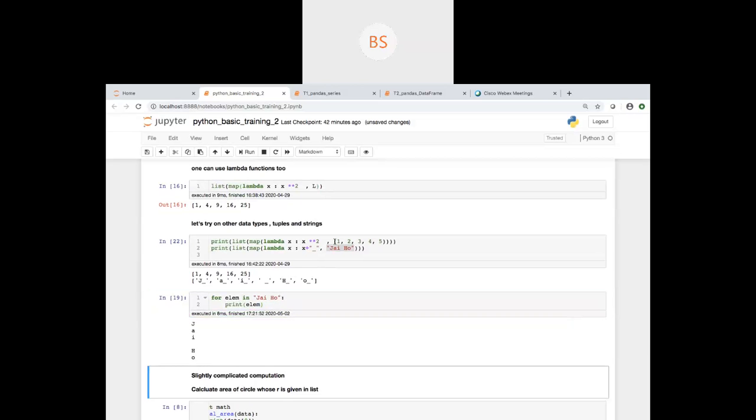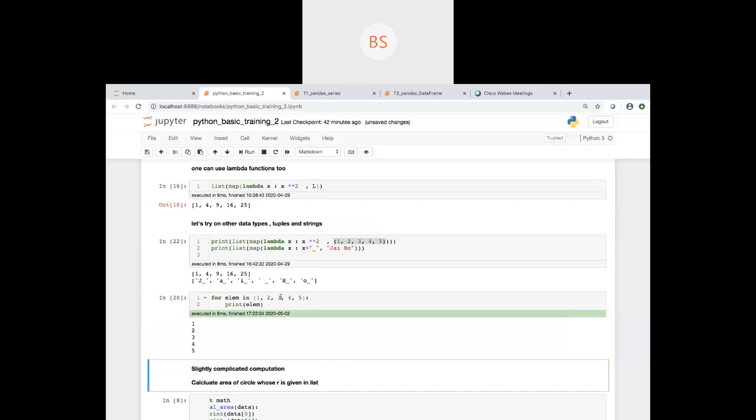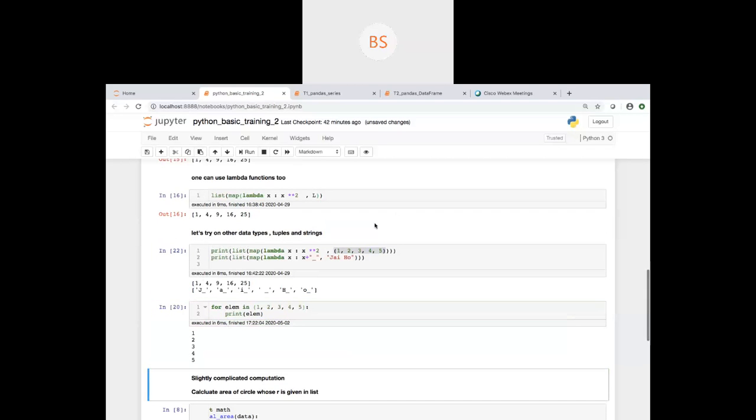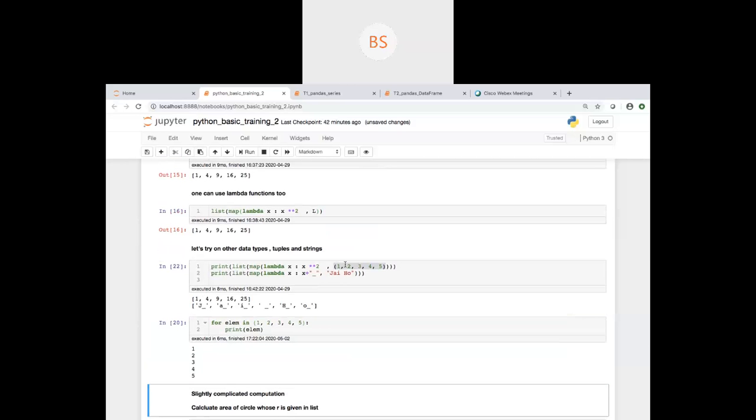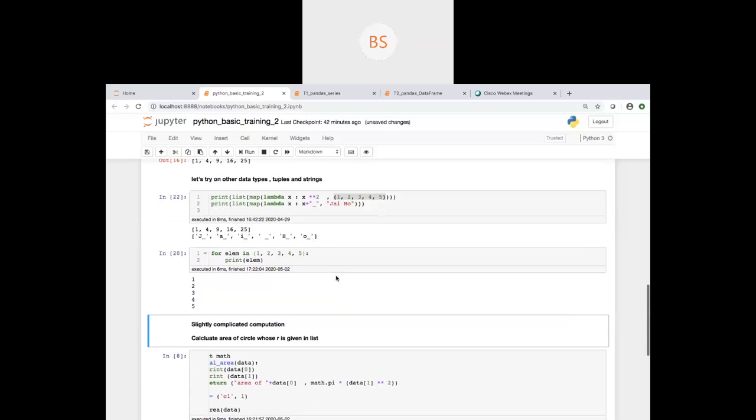You can iterate over this also, and definitely we can do it for a list also. So anything which you can iterate over, you can apply a function on each element, without any loop and all that. The function can be a lambda function or a user defined function, and it will work. So here I am appending an underscore to each element, right?